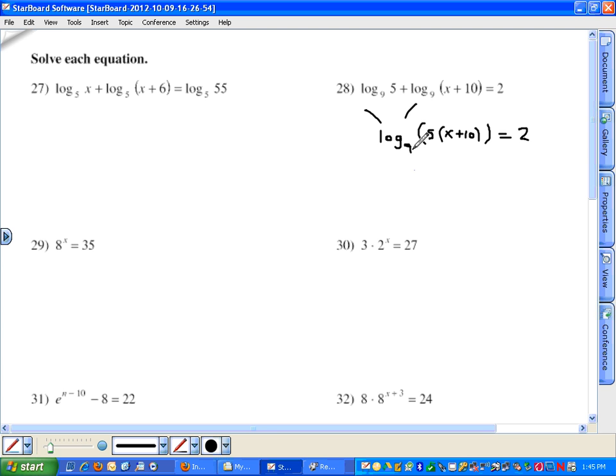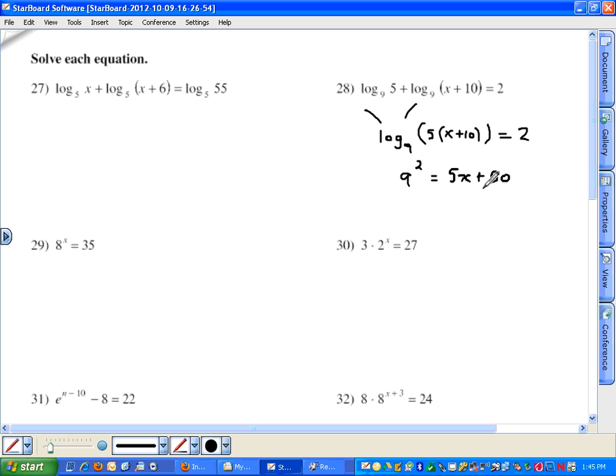Now we have a single logarithm on one side of this equation, which is more like question 25 and 26 of the review. What we did on those problems is the same thing we're going to do on this problem. We have to write the logarithmic equation in exponential form with a base of 9 squared. Now I'm going to distribute the 5 here. This is going to become 5x